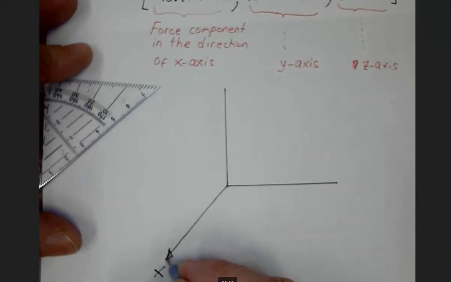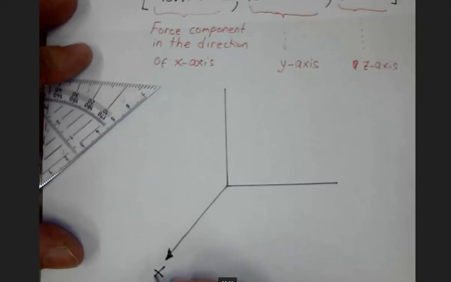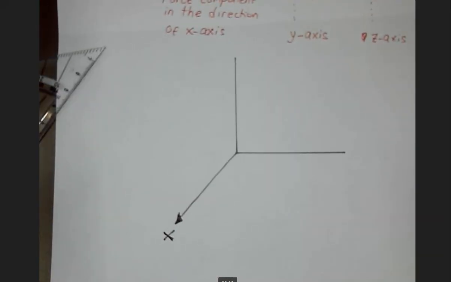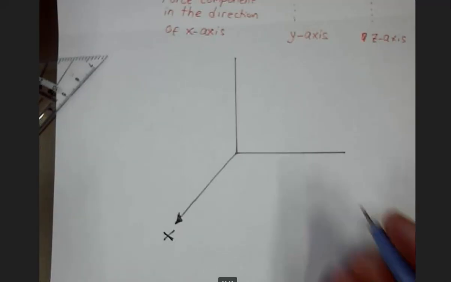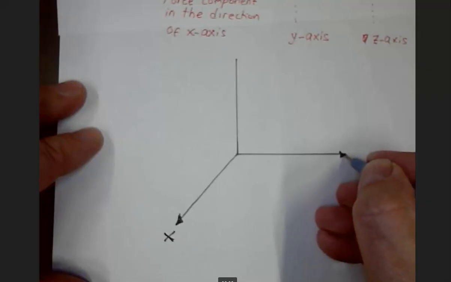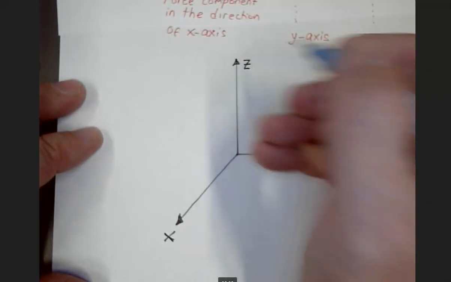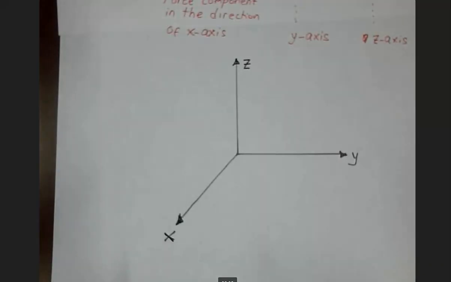So the x-axis is coming toward me, to the direction where I sit here, and the y-coordinate will go to the right and the z-coordinate up. This is the so-called